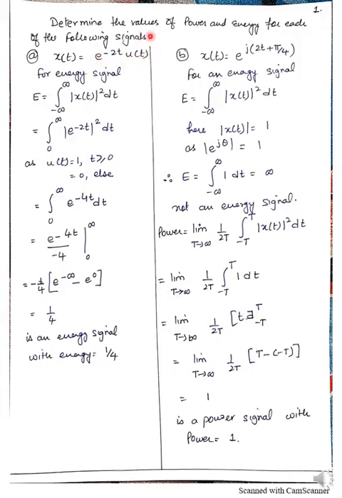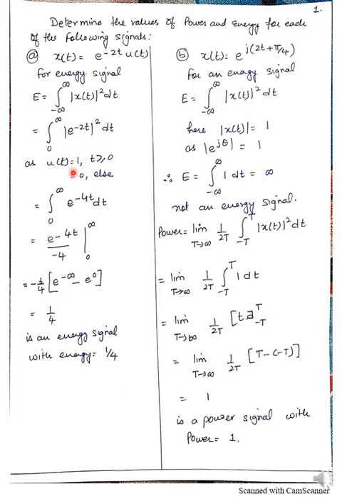So when they multiply with each other, one of them, or both of them, will decide the amplitude and the common range where they will be defined. So for finding the energy of any signal, we will use this formula in continuous time domain, which is from minus infinite to infinite, mod of x(t) square into dt.